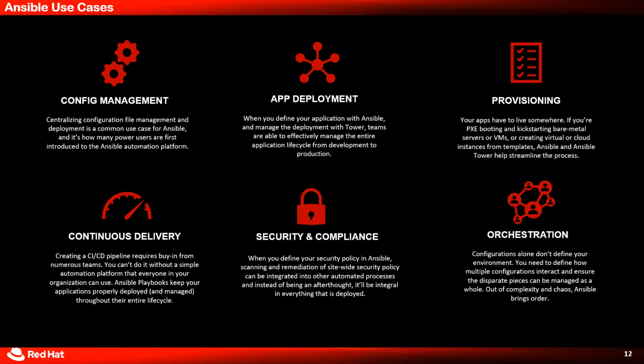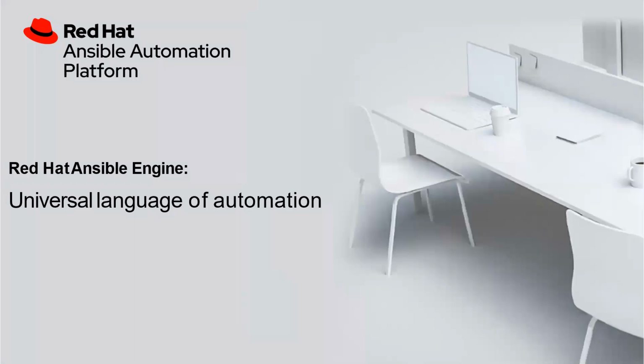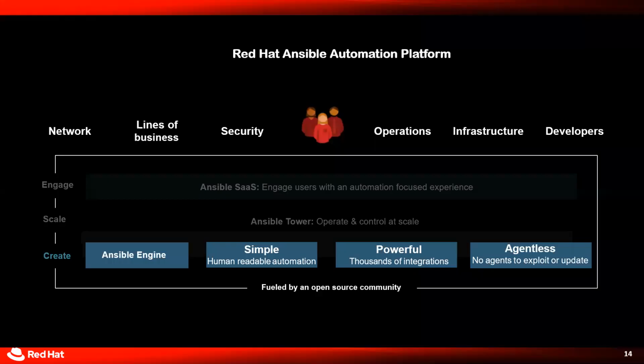Okay. So moving on. Now we talk about the Red Hat Ansible Engine, which is the universal language of automation. Now moving on, we will take the same picture of Ansible automation platform, and if you look at